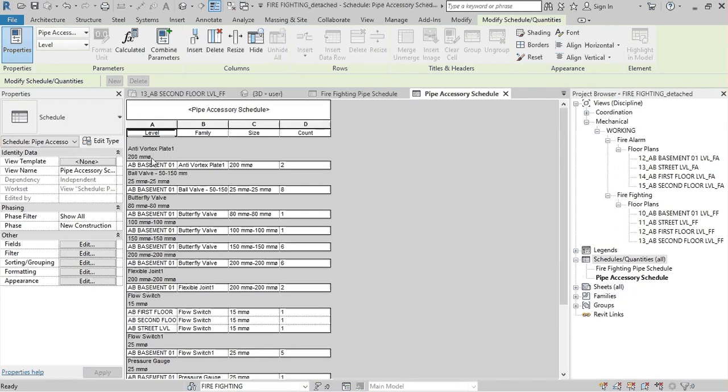You can put the OK button. Now the pipe accessories schedule is ready also. The count is shown last.